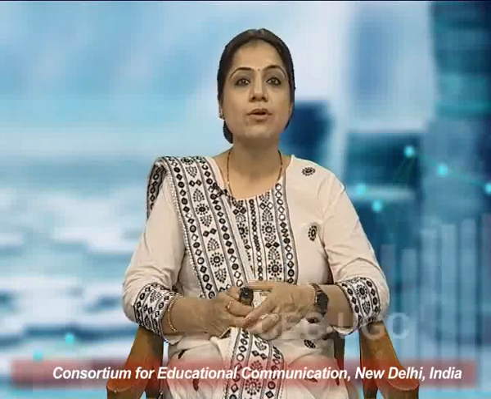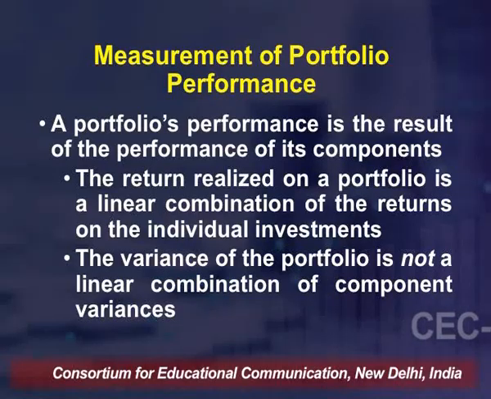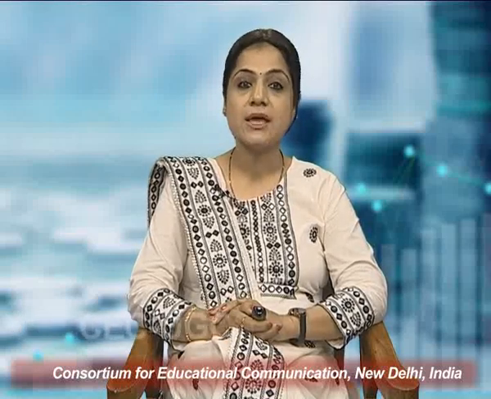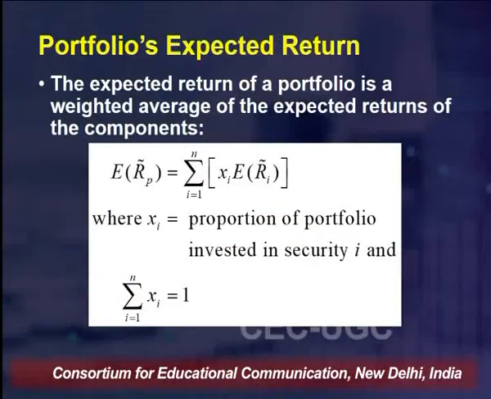So that is why we are able to reduce the overall risk of the portfolio by creating a combination of such assets which are negatively correlated to each other. So how do we calculate the variance, the risk of the portfolio 1 year down the line? The variance of the portfolio is certainly not a linear combination of the component variances. That means we really cannot just take the weighted average of the variance of all the stocks and say that this is the variance of the portfolio. Because there comes the picture, there comes the role of covariance, the role of correlation.